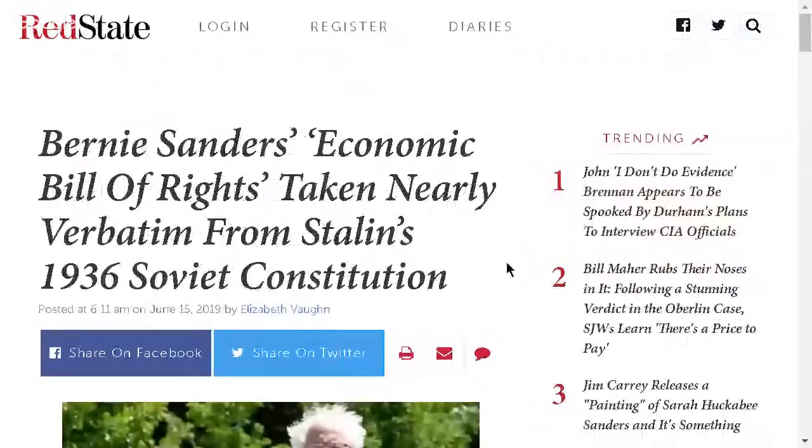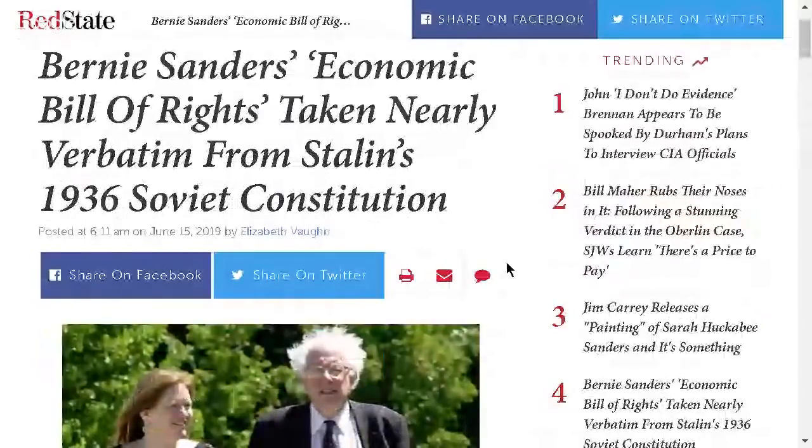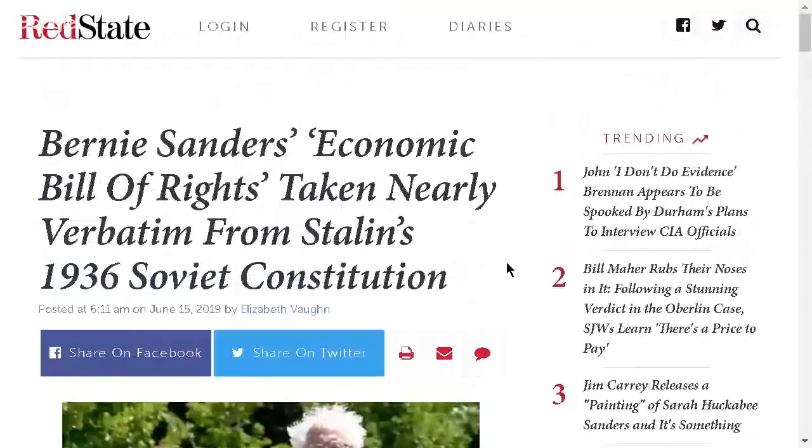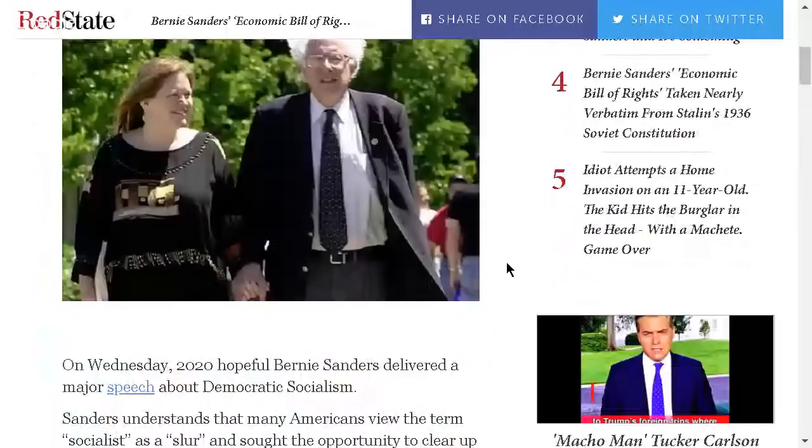Let's talk about Bernie's brilliant economic plans. Links in the description of this article as well. Apparently, Bernie's been plagiarizing Stalin